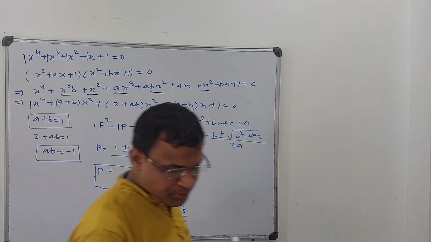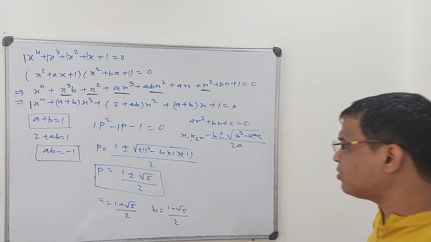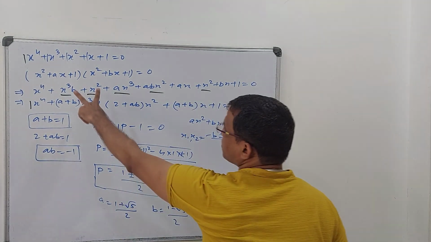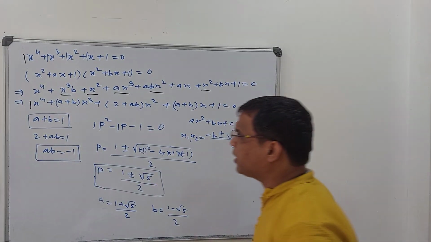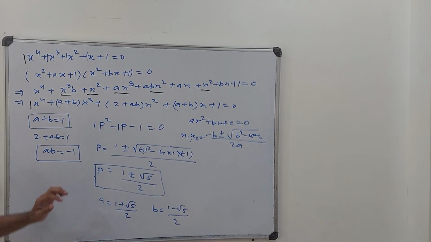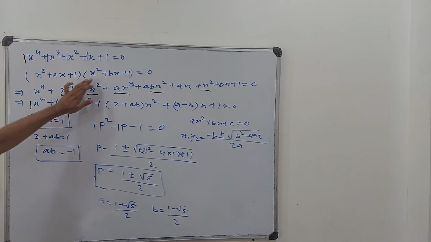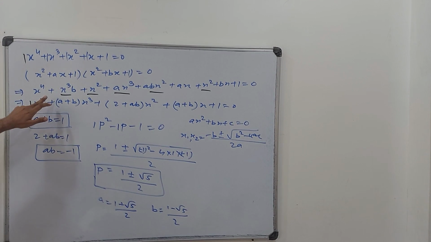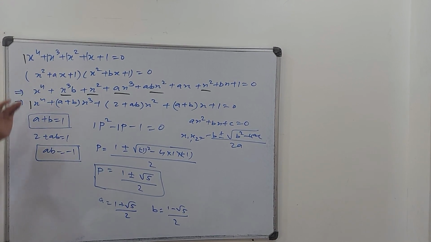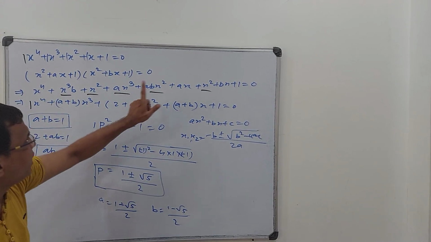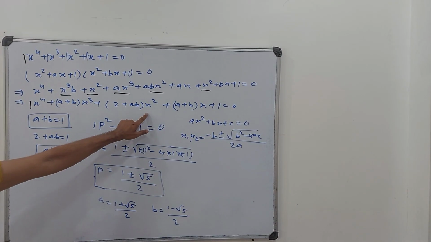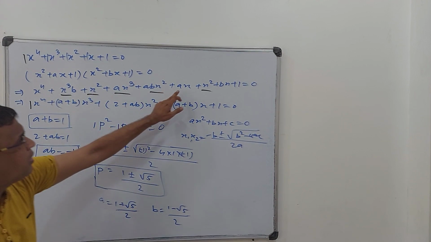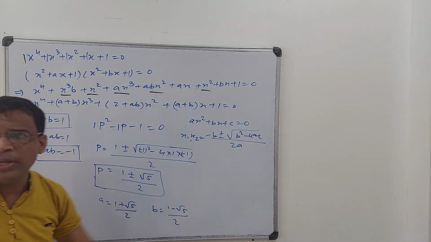Fine. Now this is not at all my answer because I just got the value of a and b. I need to put this value in this relation. Before that, just once again we can go and check whether any mistake is there. So we have divided this into these two parts. Fine, that is fine. Then integer multiplication gives me comparison of coefficient of x power 4 is 1. X cube gives me a plus b and x square gives me 1 plus 1, 2 plus ab times x square. Then your x will be here and here. So a plus b times x and plus 1 is equal to 0.